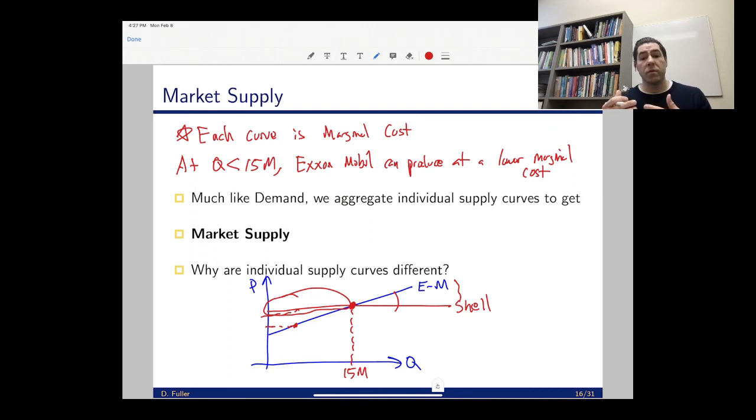Okay, so then what we're going to do, much like with demand, is figure out, okay, well, what's going to shift the supply curve to the left or to the right? And then we'll be able to put this all together and understand how the market changes when various events occur. How does price and quantities change? So for example,